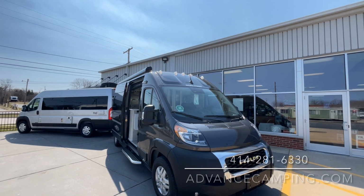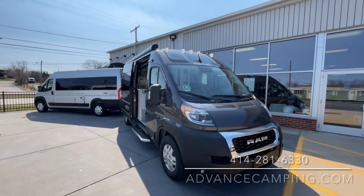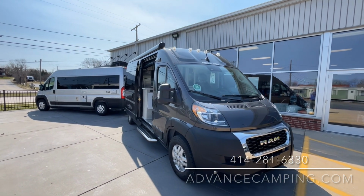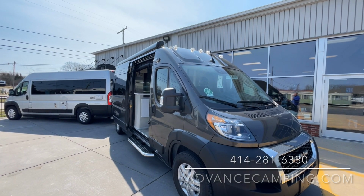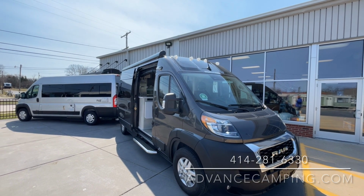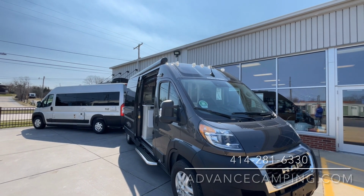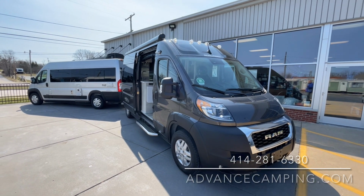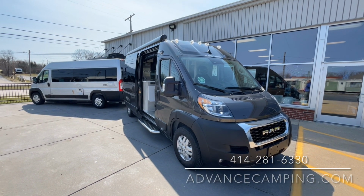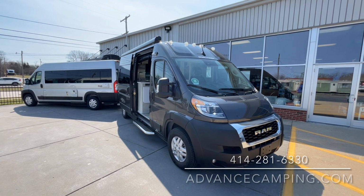This one is the all-new 2023 Roadtrek Play SRT, and it's in the beautiful Granite exterior here. This one is loaded up with a lot of extra features. It's got the 300 watts of solar on the roof, and it also has the TV in the back. So two things that have always been very sought after in the Plays and the Play SRTs are now built